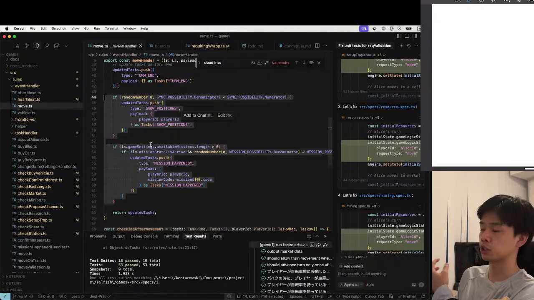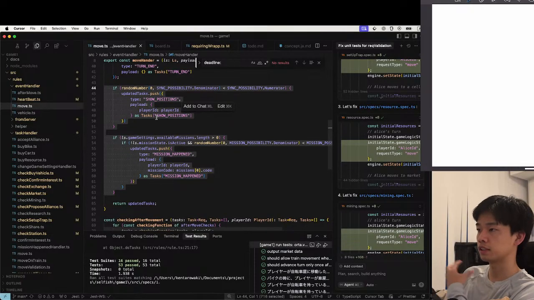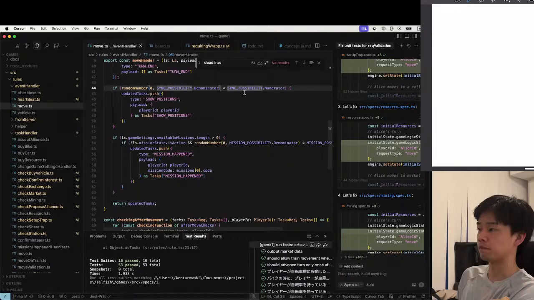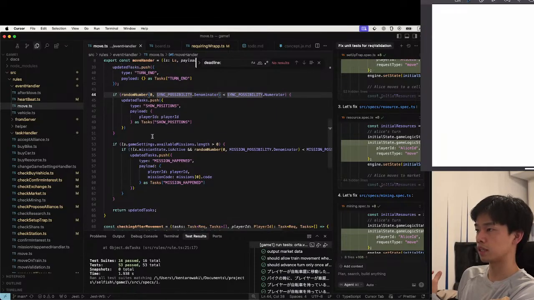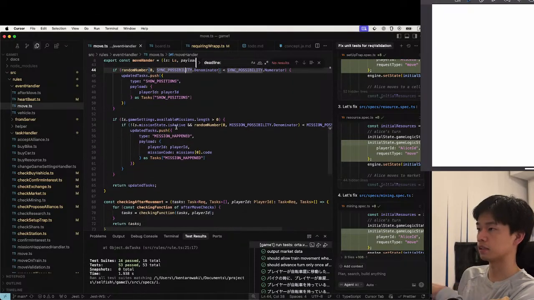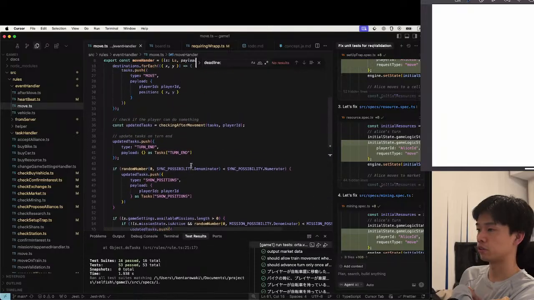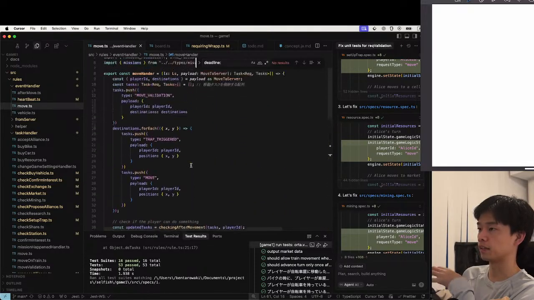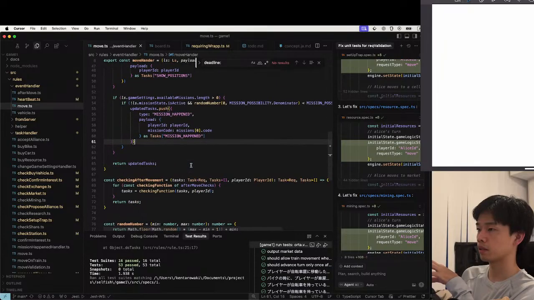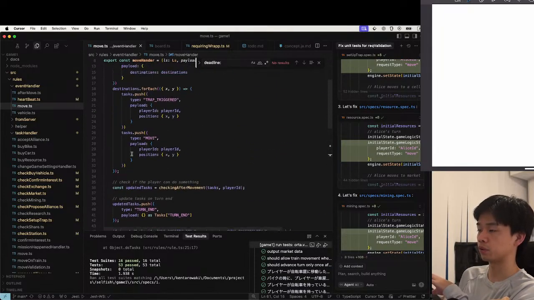It should be same logic, same condition. This happens with possibility. Yeah, this also happens with possibility. So I want to implement this part as a default task,